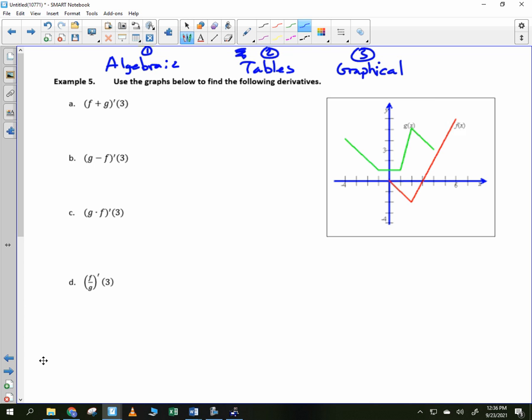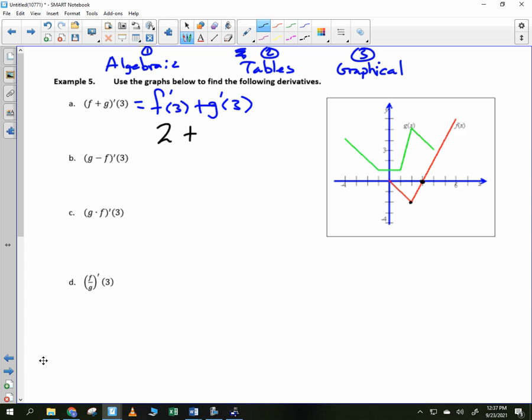It says use the graphs below to find the following derivatives. So it says (f plus g) prime of 3. And what we learned the other day is you could just do f prime of 3 plus g prime of 3. So you can see over here I've got a couple graphs. One's in green and one's in red. When I'm looking for the derivative of f at 3, right there, what is the slope of that line? It looks like it goes over 1 and up 2. I know it's kind of hard to tell. That's just what I was able to pick out of a picture I clipped online somewhere. So we're going to say 2